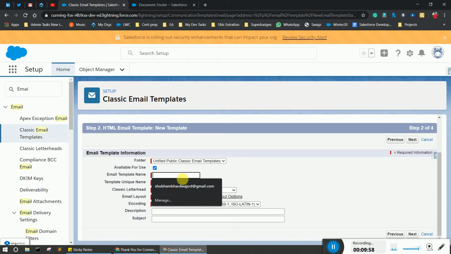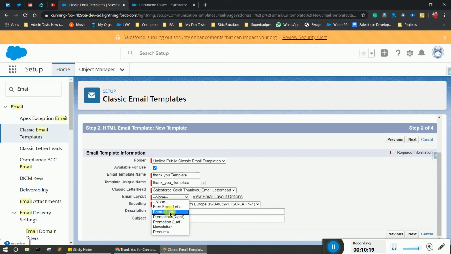Now give the name, let's say thank you template. Now you have to choose the letterhead. As you see, Salesforce Geek thank you email letterhead. Now you have to choose the email layout.